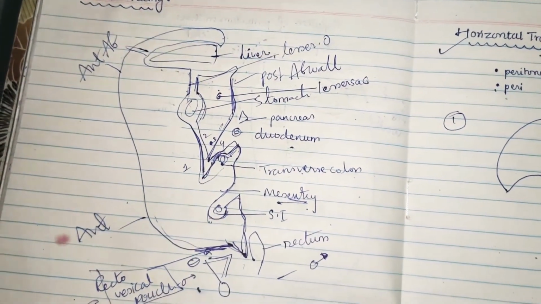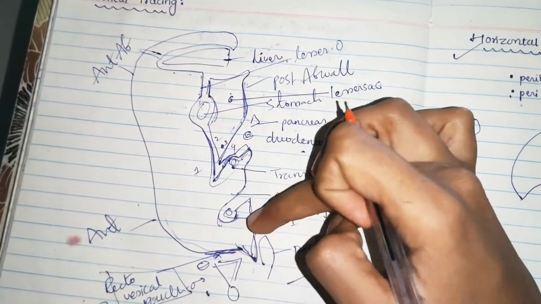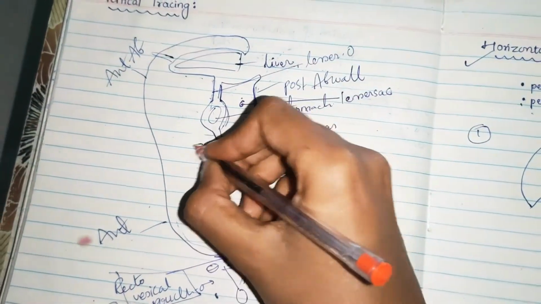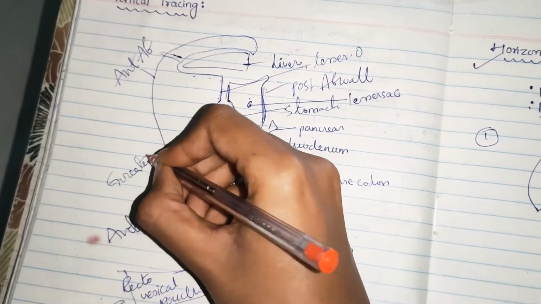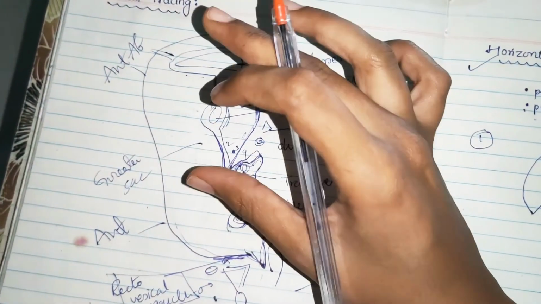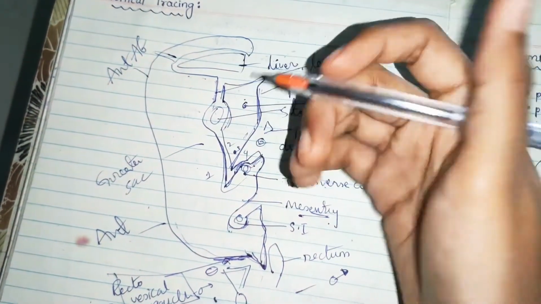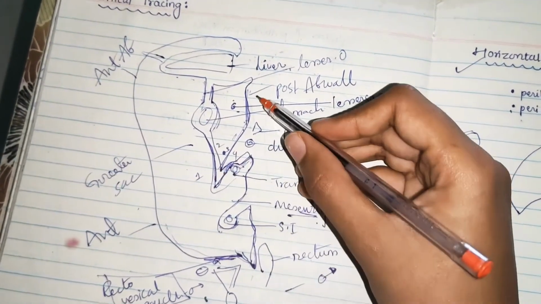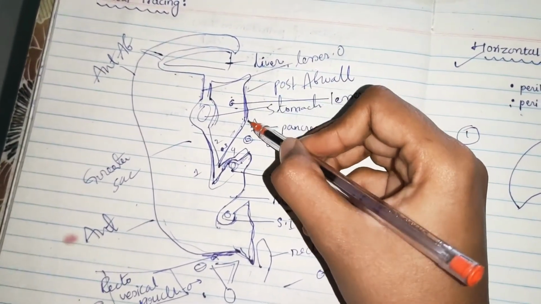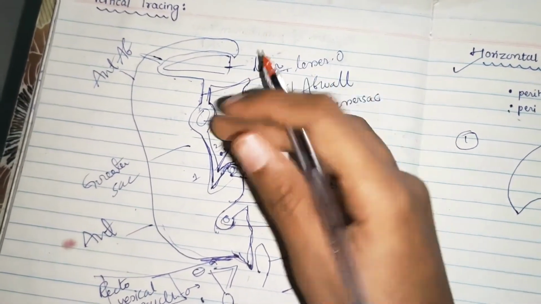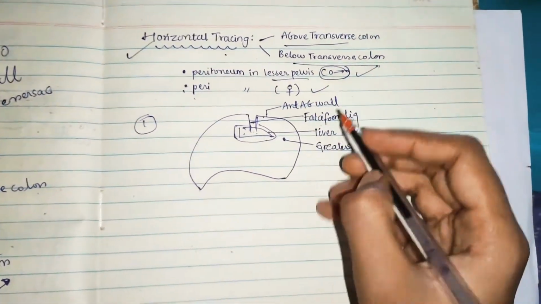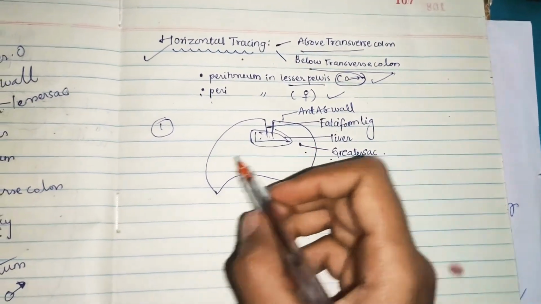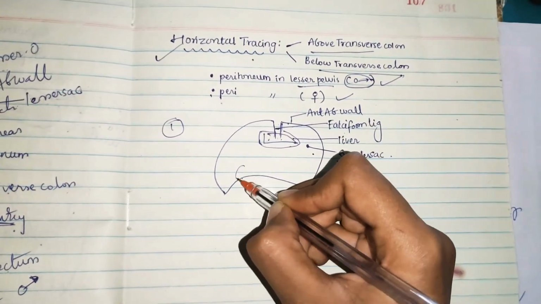So one thing I need to say in this diagram, let me explain what is greater sac. You know that this is lesser sac. So the remaining all of the peritoneal cavity itself is called as greater sac. This is only greater sac, okay? So the whole of peritoneal cavity is called greater sac. Only the lesser sac is what? Which is back of lesser omentum, back of stomach, back of greater omentum, and also it is lined by posterior abdominal wall, right? So this is lesser sac, and all the remaining peritoneal cavity is the greater sac, okay? So if you see by horizontal section, it will look like this. So this is greater sac, and now here comes a bunch of organs.